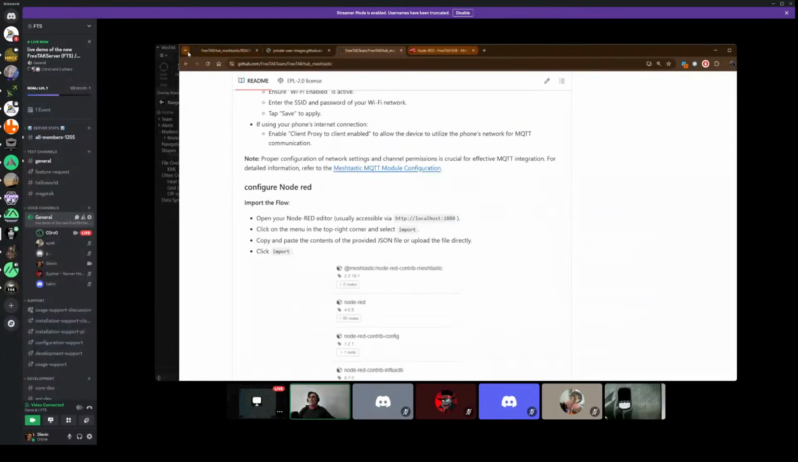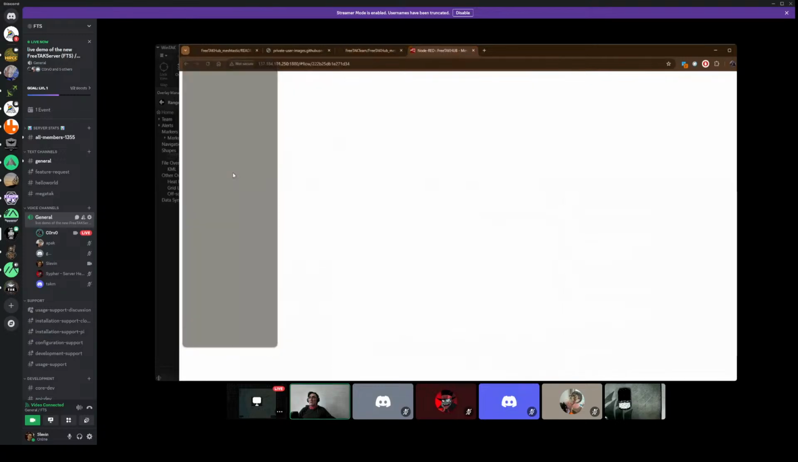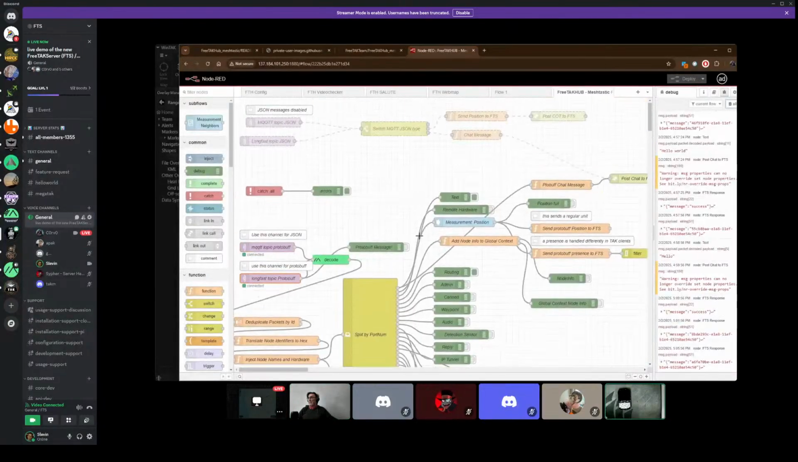I can find it. Here we go. So as you can see, this is a kind of complex flow. Some of the stuff is currently deactivated. The version that you will find in the repository is simplified, so I deleted everything that you don't need to